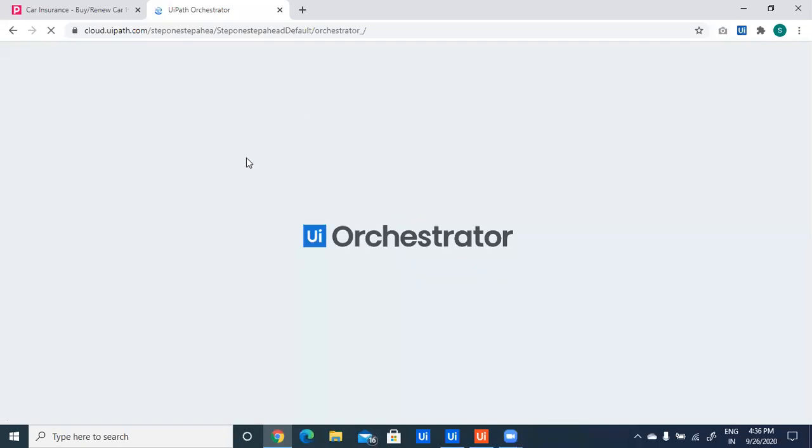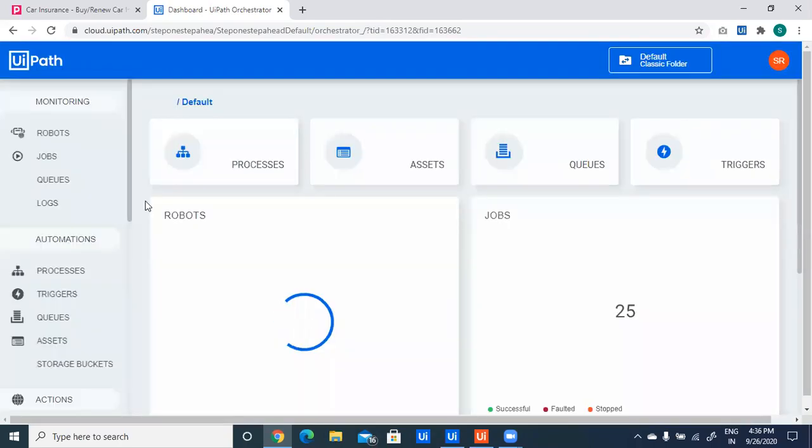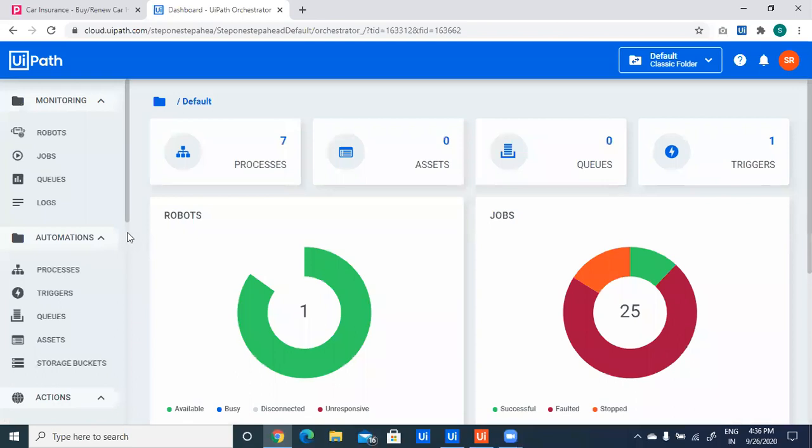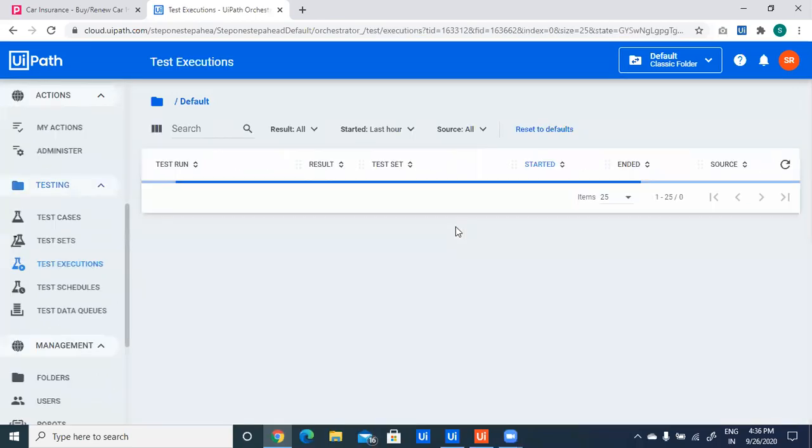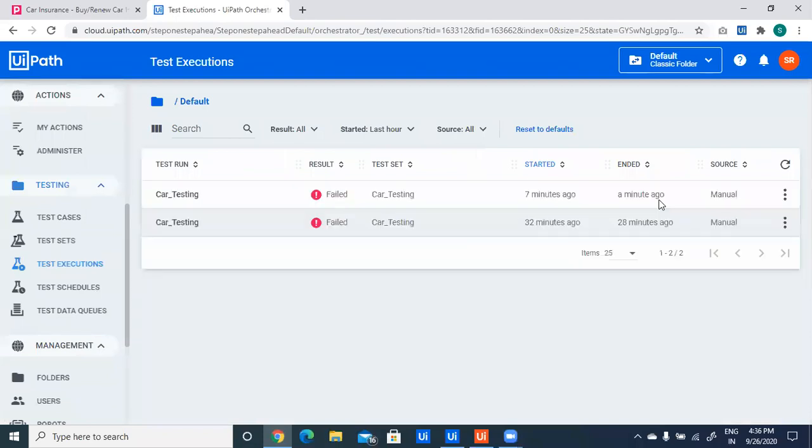So under Orchestrator, we can see our test results under test executions. So a minute ago, my test cases have executed.